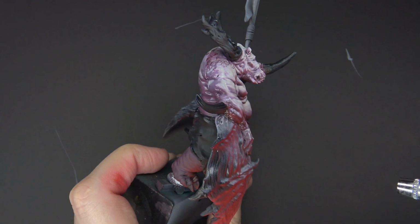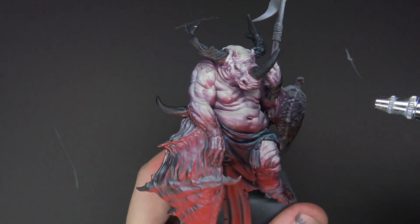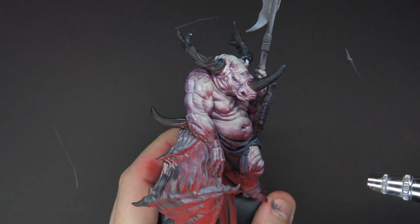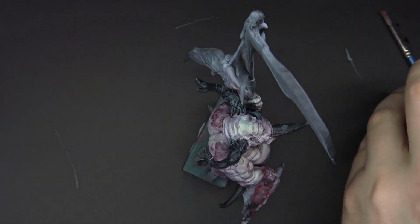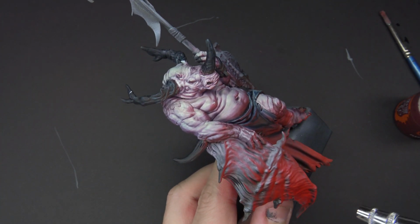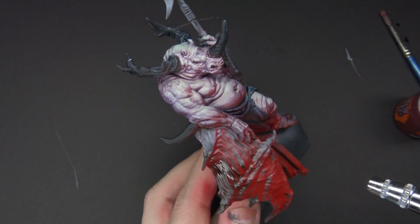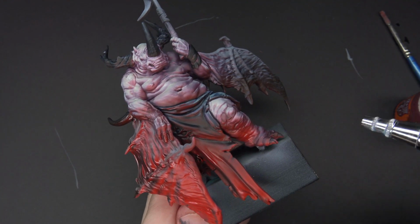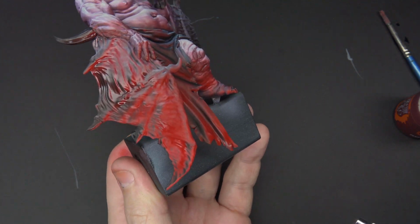And I've started to block in some color on the wings, and I think by this stage of the paint job, I felt like the wings were not detracting from the model, but just taking away focus from the big tubby lubs rhino melon head. So I didn't want to make the wings too much of a focal point. So I started adding some red, crimson, something red contrast,